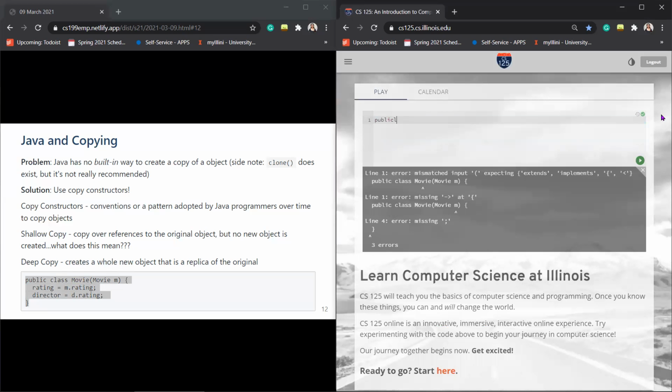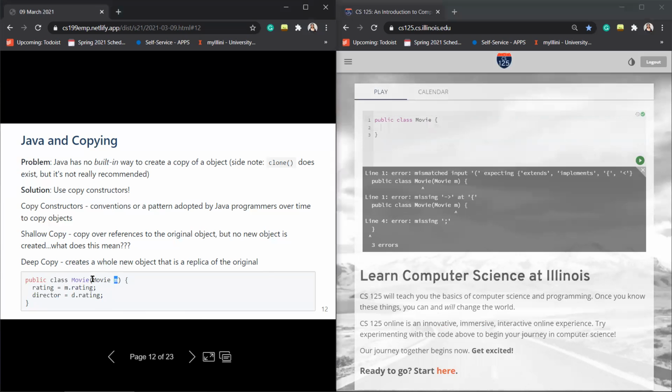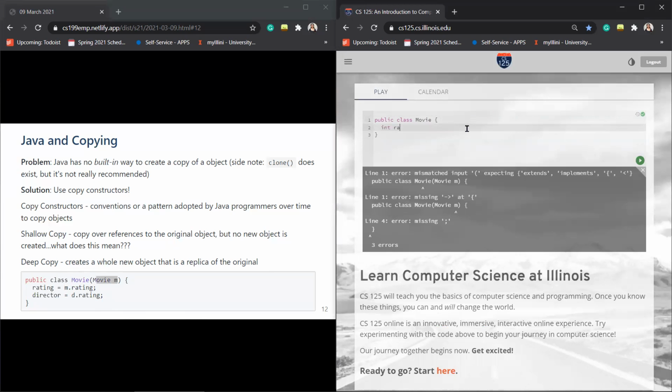Class movie, and movie takes in another movie object, and it's called rating, and string director, and